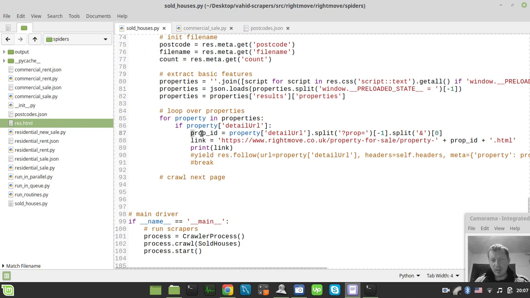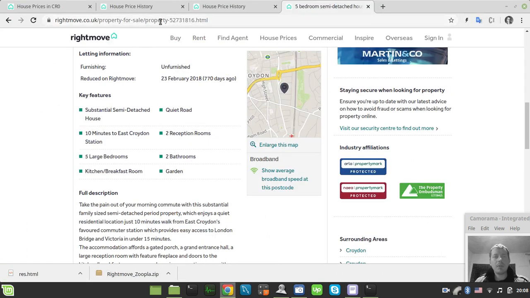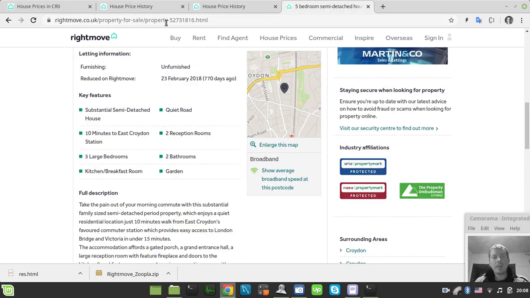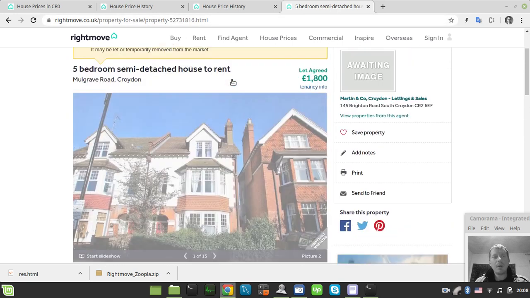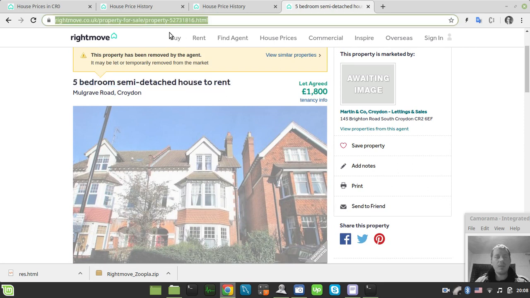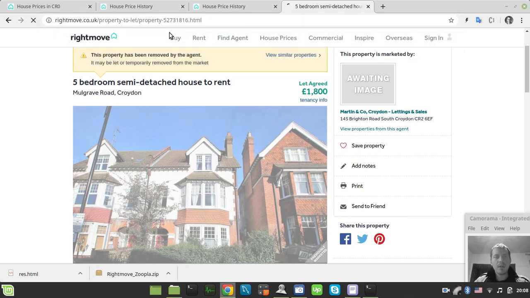So here, in this line, I'm extracting this property feature out of the URL string query parameters. I'm extracting this ID and dynamically generating this link, property for sale and so on, but it's not always for sale. For some reason it often appears to be for rent as well. If here we change this from for-sale to let, which is the Rightmove-specific term for rent properties,